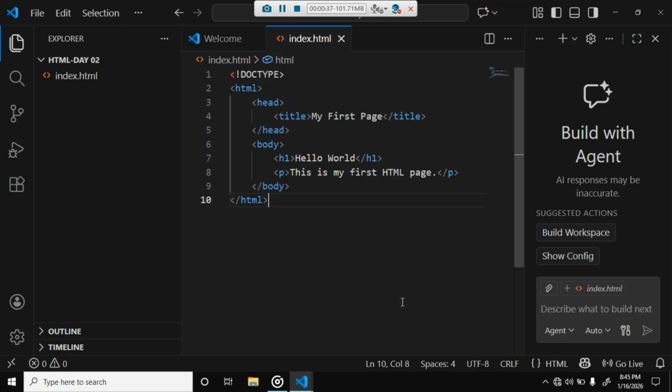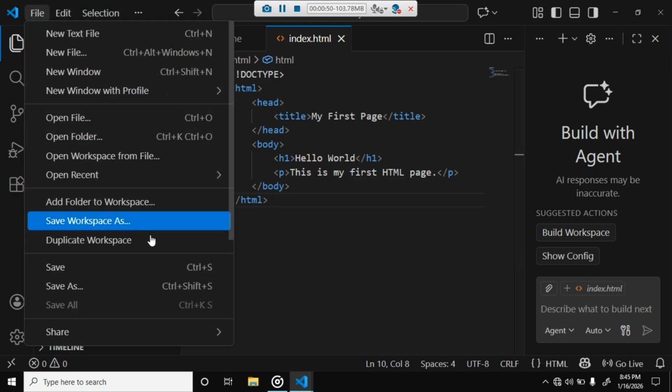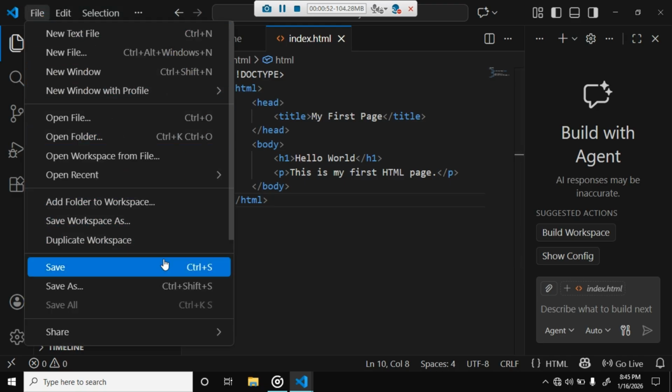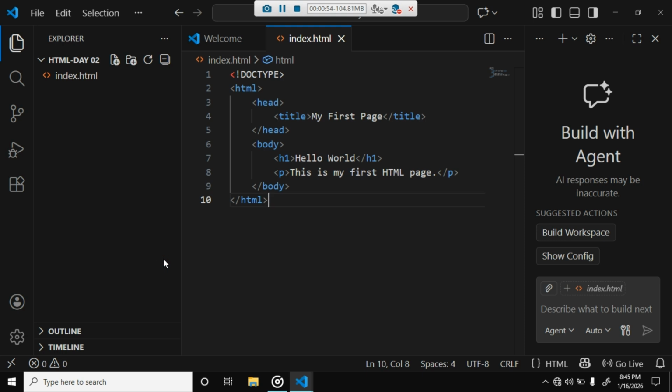In VS Code, UTF-8 is usually set by default, but it's good to double-check at the bottom right of the window. Remember to save your work frequently. On Windows, you can press Ctrl+S, and on Mac, press Command+S. This prevents you from losing any changes. A common beginner mistake is not saving the file at all or accidentally saving it in the wrong folder. Always double-check that your file is inside your project folder, for example,